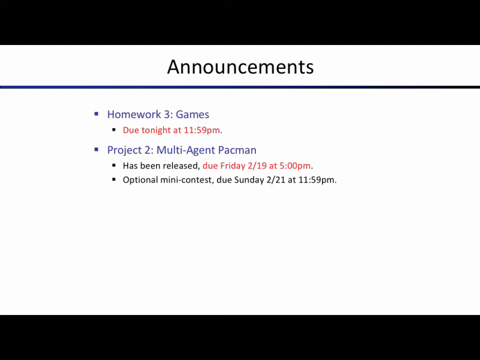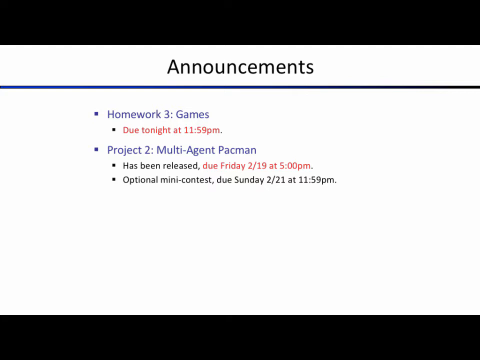If I want to know V star of S, and I have access to Q star of S evaluated at any action I might want to, then all I need to do to compute V star of S is to do what? You already said it. Can you repeat it? Yeah, take whichever one gives you the maximum, right? So V star of S, the best thing,